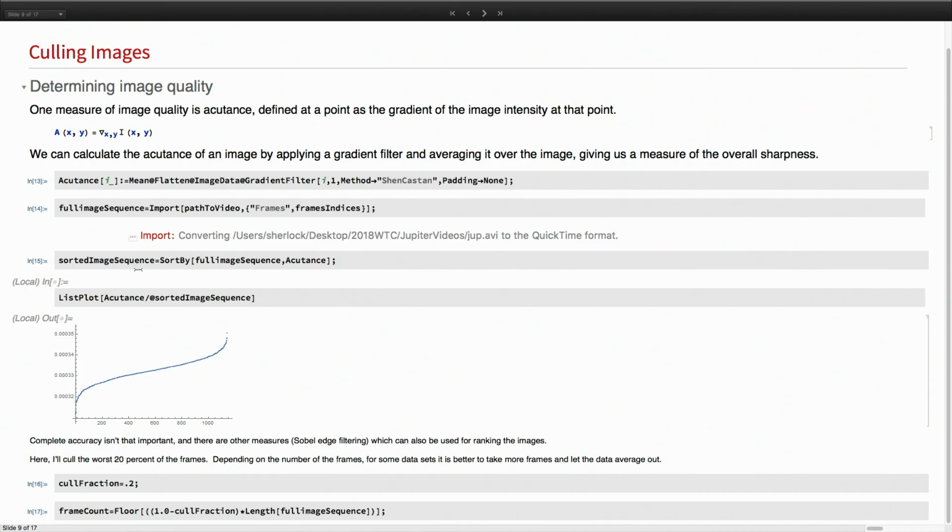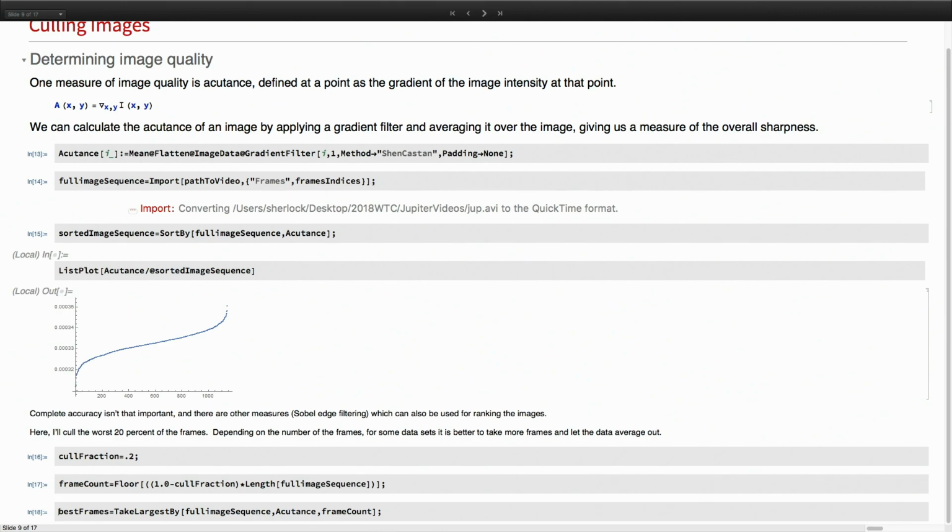So what I then do is figure out how many I'm going to eliminate. I'm going to cull about 20%, and then I will take my best frames, which are everything but those 20%. So take the largest by acutance of the frame count. So if I do that,